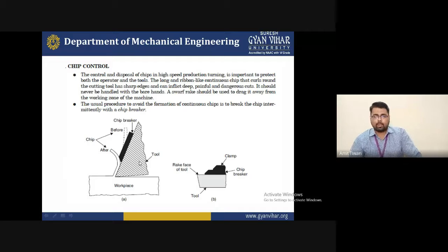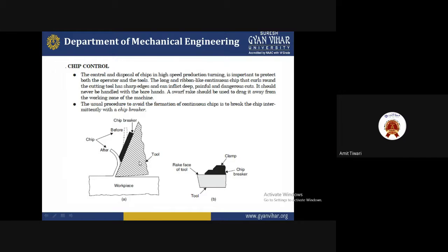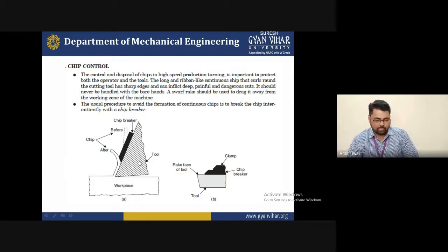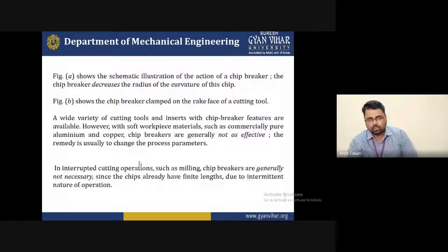So these all are happening depending on the time as well. If you use the machining time, that is continuous mass production, and the production on the machine runs 2 hours, 3 hours, 4 hours, 5 hours, it also depends on that to produce the continuous chip. What is required is to maintain the chip controller.